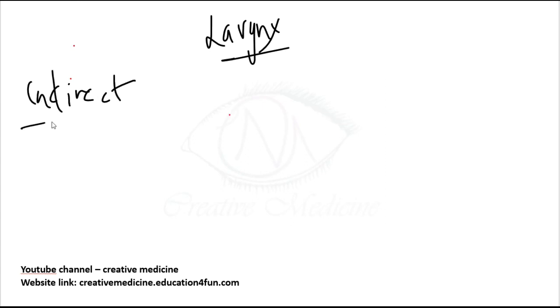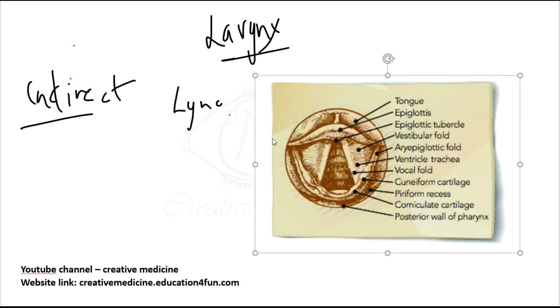Hello friends, let us now learn about the examination of the larynx. Examination of the larynx is done mainly by indirect laryngoscopy. So what do you see in indirect laryngoscopy? What is important is the structures visualized by indirect laryngoscopy. We have two lists, okay? Structures which are visible and structures which cannot be seen by indirect laryngoscopy, which are important. First, we will see the structures which are seen by indirect laryngoscopy.